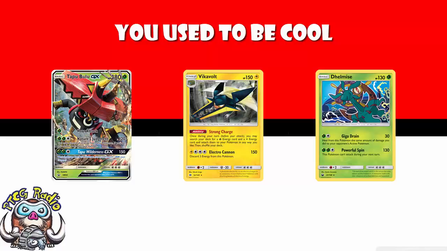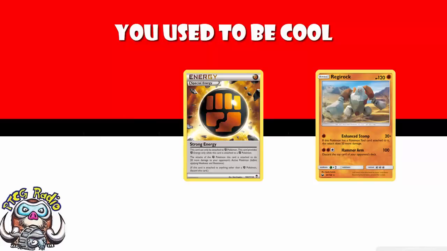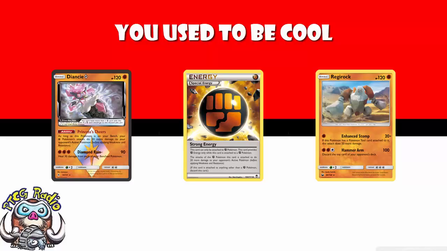Regirock from Celestial Storm had a very small window, but there was a period of time where you had Strong Energy to do an extra 20 damage, and Diancie Prism Star to do an extra 20 damage, and it had an attack that naturally did 20 damage, but if there was a tool attached to it, it did 20 more damage. So you'd use stuff like Muscle Band, or indeed